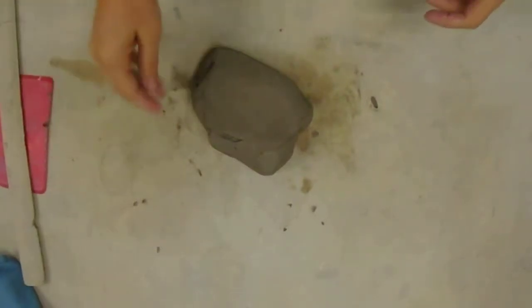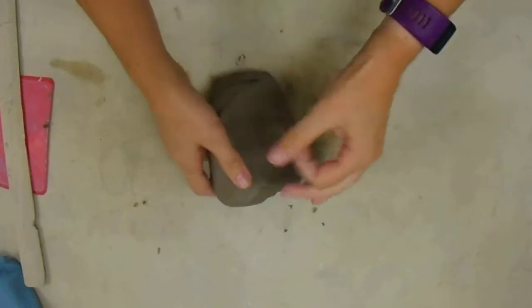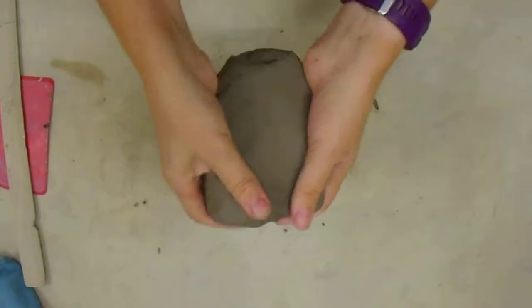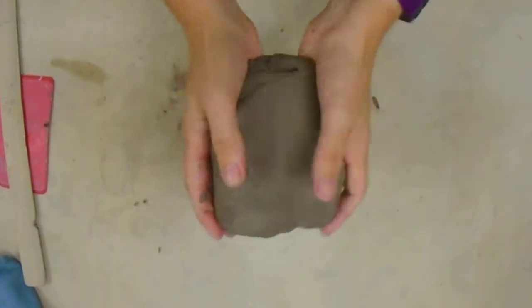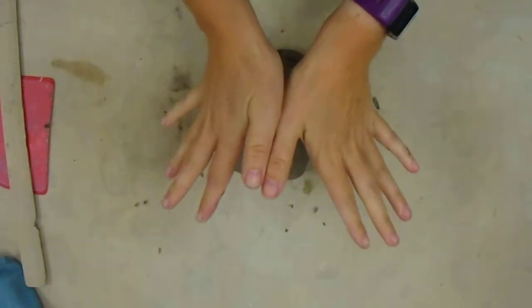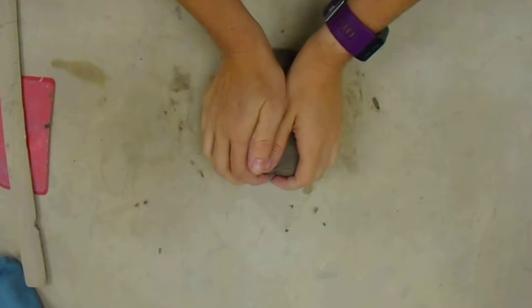Alright, first thing you're going to do is make sure you're working standing up, push your chair under the table, and then you're going to be wedging your piece of clay. So you want a piece of clay that fits kind of between two hands, about that size. And then you're going to start with butterfly hand position, where you wrap your fingers around the clay, and then